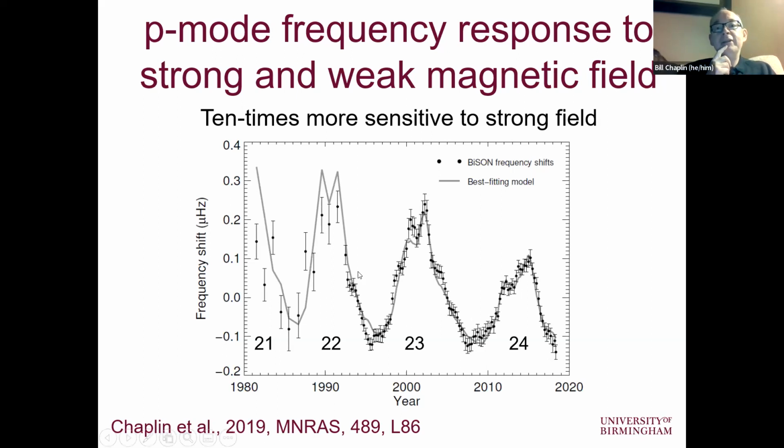What we find interestingly for the sun is that these whole sun modes seem to be a heck of a lot more sensitive to the strong stuff than they are to the weak stuff. So that model seems to be suggestive that it's the changes in the flux tied up in the sunspots that seem to be driving the changes in frequency, not the much weaker field stuff. And there's a lot of it. There's a lot of flux tied up in the faculae, even though the magnetic fields associated with individual faculae are much, much lower. But it seems like it's the strong field stuff that's driving these changes.